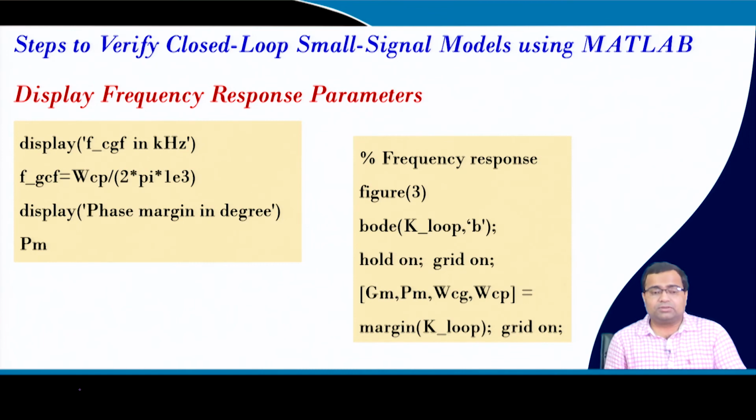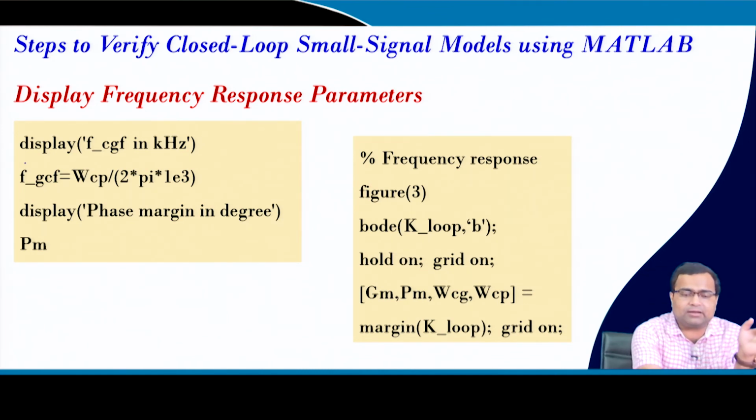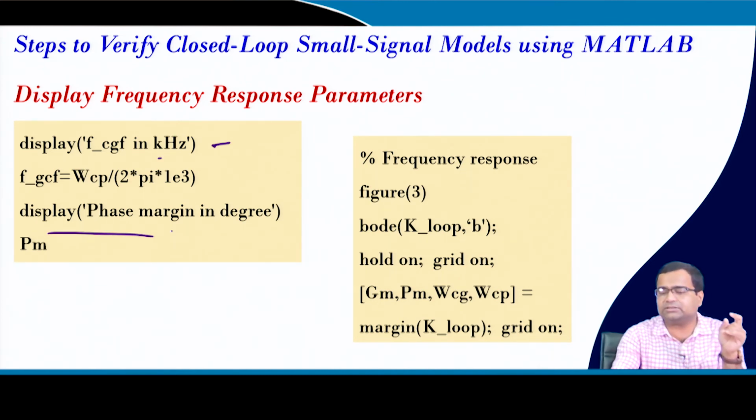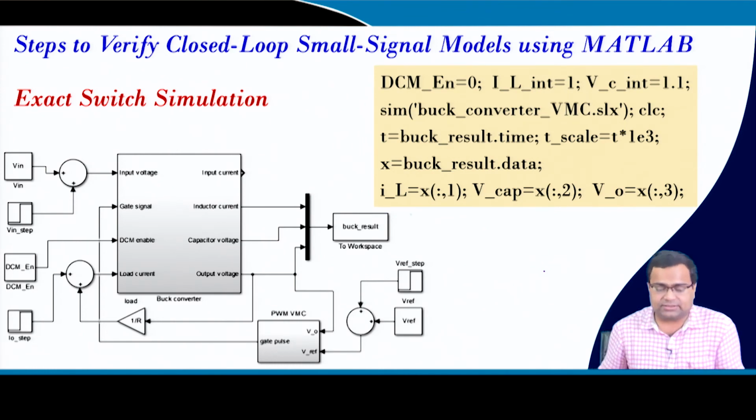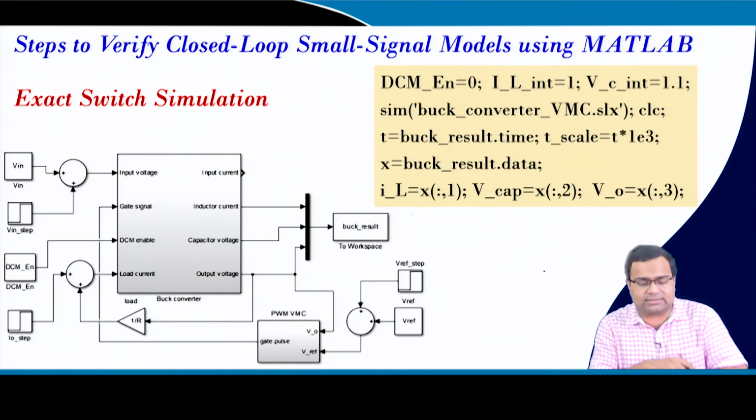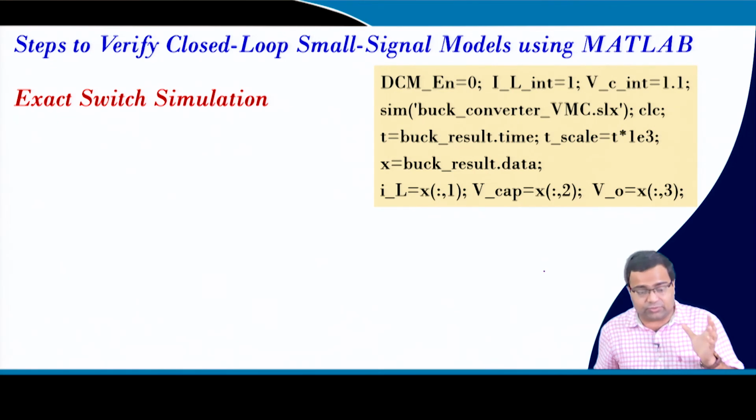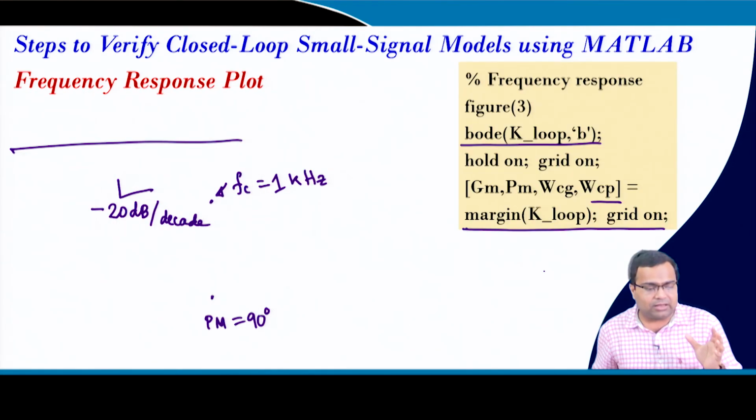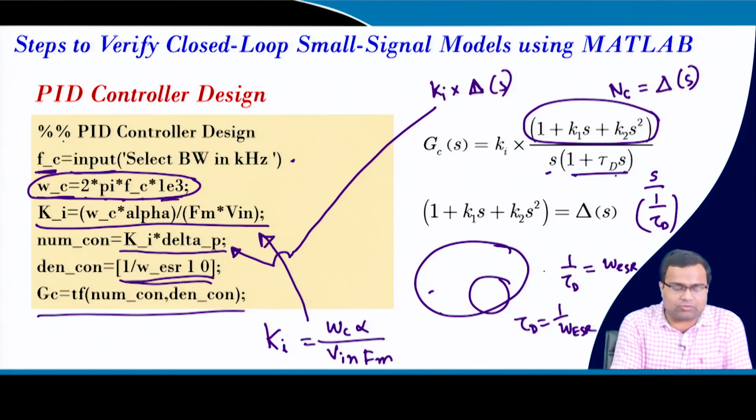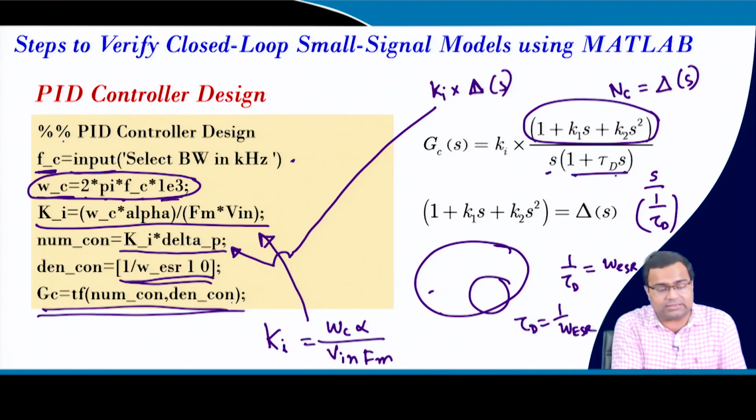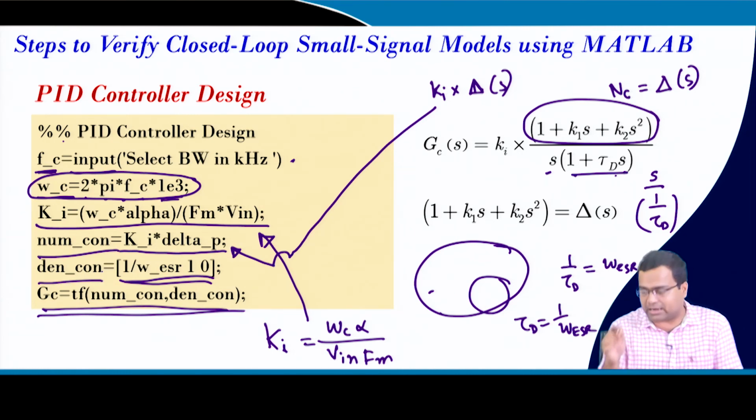Now, here it can display the gain crossover frequency in terms of kilohertz, phase crossover, phase margin. So, it can show the Bode plot of the loop gain margin. So, I will show exact switch simulation we want to match. And how to do exact switch simulation? Since we have already computed the controller, I have shown you that this is the PID controller we have computed. So, this controller's numerator coefficient and denominator coefficient will be plugged in to the actual